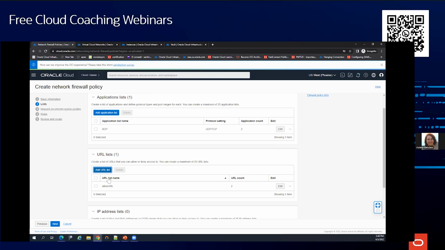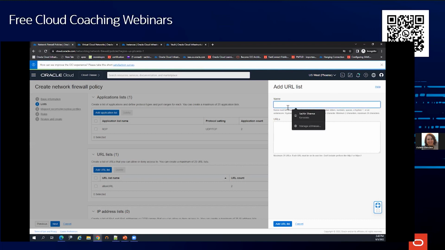I need that to be logged with my rule, so when I search in the log section, I can search for the deny URL rule. I'll add a URL list, name it deny URL, and put netflix.linkedin.com. Okay, add URL list.